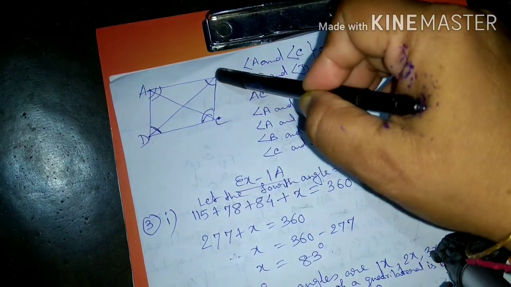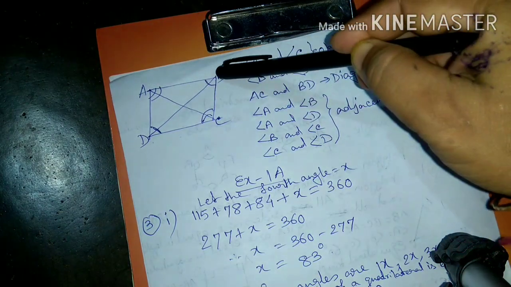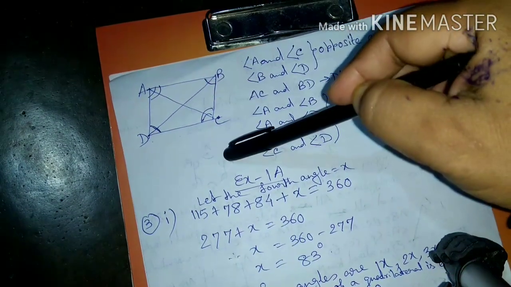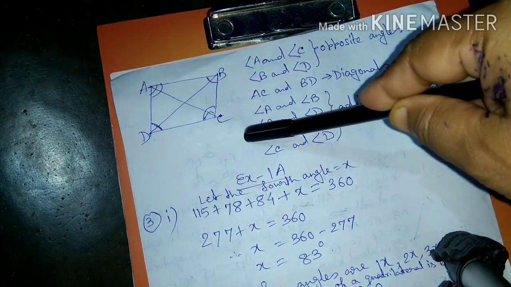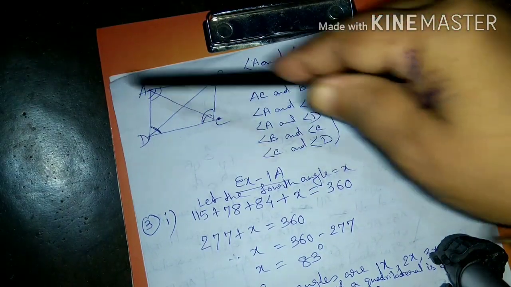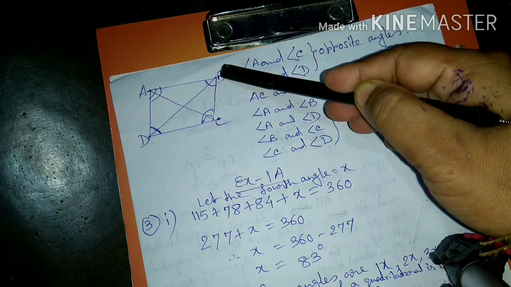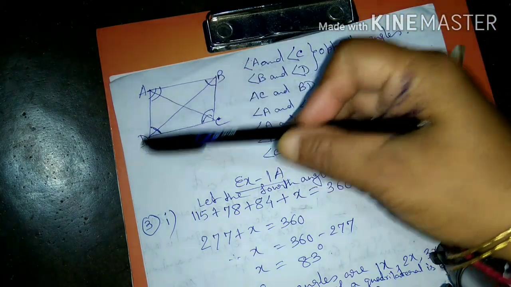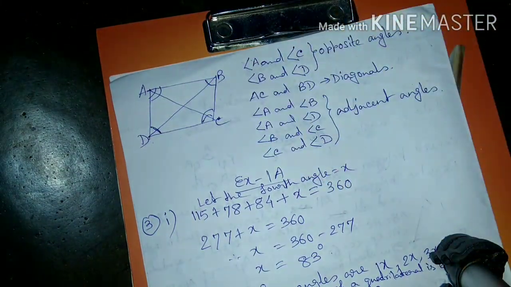Where the two lines join, that is called the vertex. Yes or no? So point A, point B, point C, point D, these are the vertices. Two opposite vertices joined, like point A and point C joined to make one straight line, that is AC. This is one diagonal. Similarly, opposite vertices, B is one vertex, D is another vertex. These two vertices joined together with a straight line BD. So AC and BD are called the diagonals. Alright.